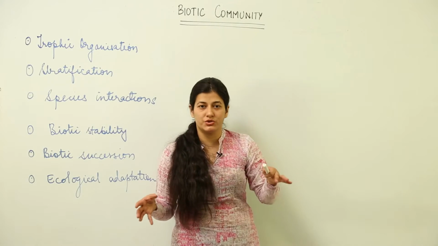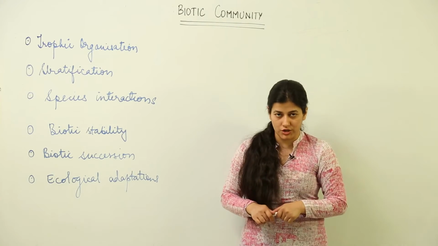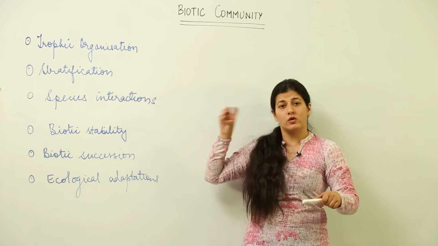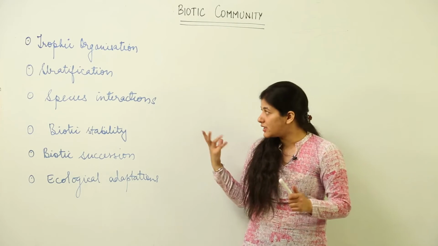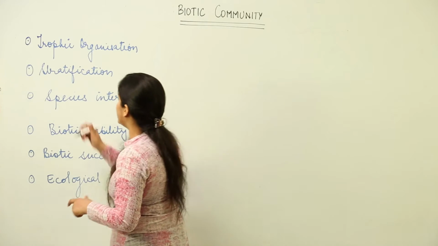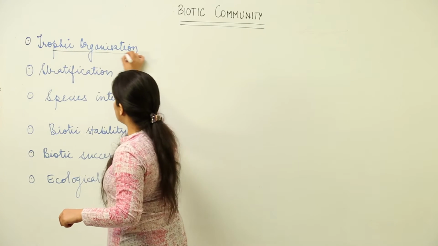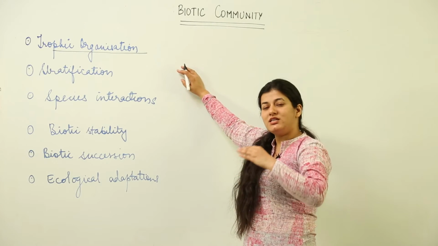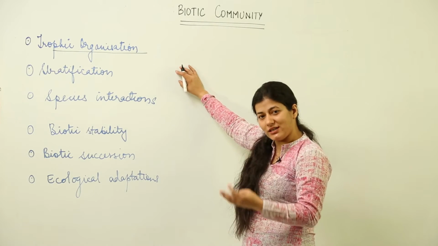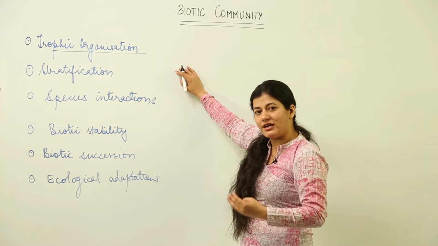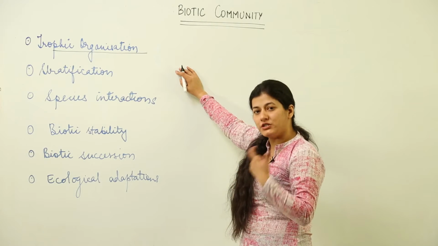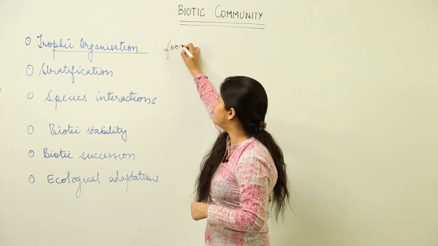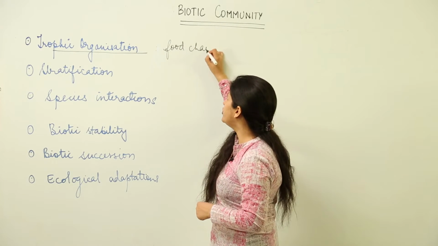Okay, now you are introduced to the ecosystem structure that was under biotic community. Now we are going to have a quick look at what topics we are going to cover and what they are, specifically. The first topic that we will study is trophic organization. What is trophic organization? It is how the species present within an ecosystem are arranged when the food interactions are to be dealt with. As I told you, in trophic organization we have the food chain and food web.